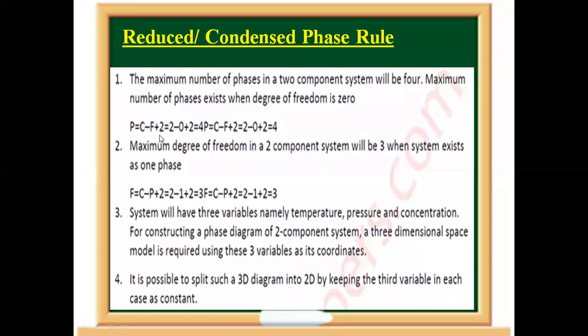Okay, but three variables को two component system में directly show करना, जो कि temperature, pressure, concentration है, तीनों को एक phase diagram में show करना, it's like a 3D diagram, but still it can be converted into 2D by keeping one of the variable constant. ठीक है, because you have already seen in one component system where a phase diagram was plotted in terms of pressure against temperature, where composition was not at all of so much